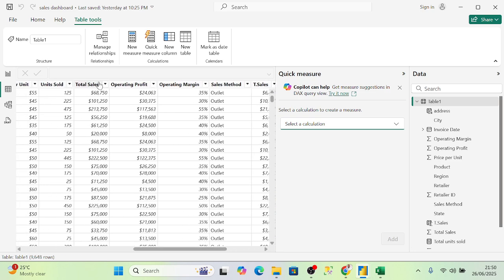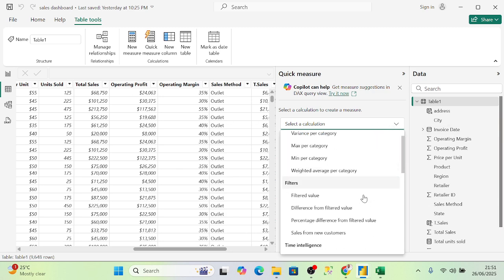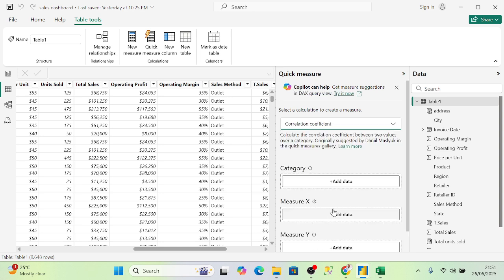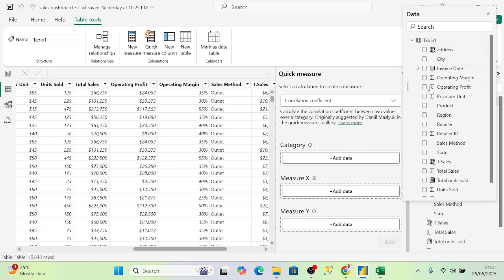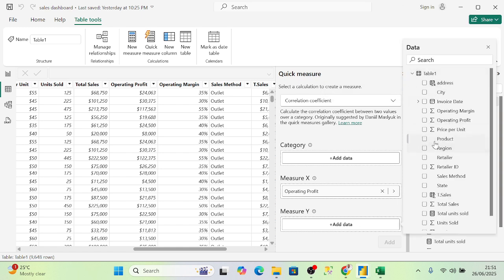Maybe correlation between sales and, what else? Maybe operating profit. Correlation between total sales and the operating margin. Okay, or operating profit, we can just go with that. So we can just come here and do a correlation. For correlation, the x-axis can be the operating profit, and the other variable can be